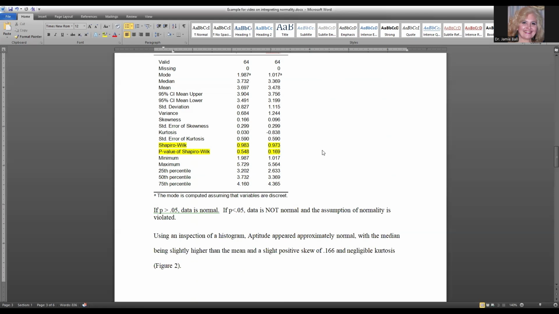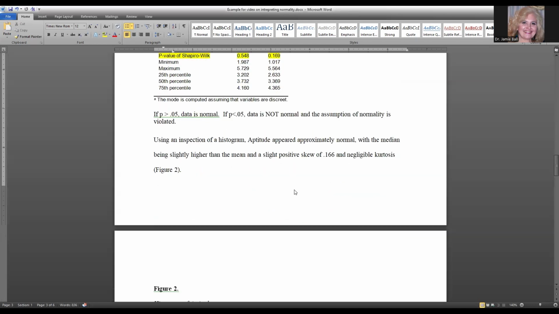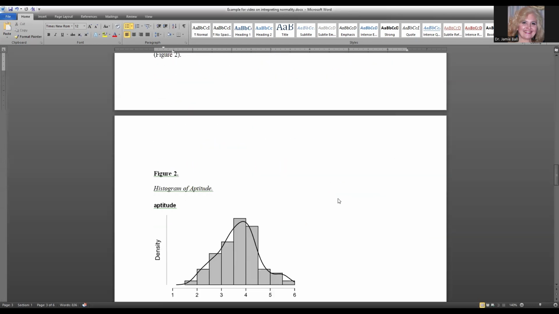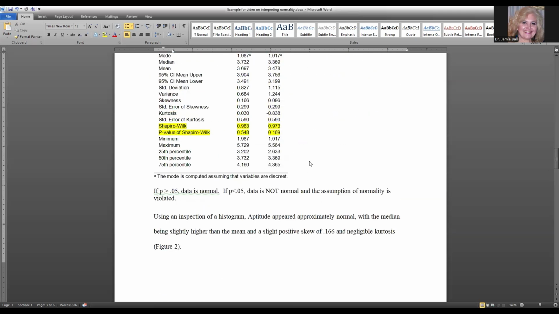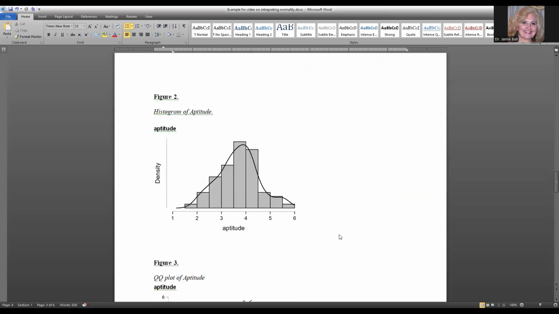Now, I also want to show you how to check using a histogram or other graphs. So we're going to do this on aptitude. Now, we already know that aptitude is normally distributed, but I want to talk for a minute about interpreting it and how I might report that. Okay, so I can go to JASP and I can order my histogram. And remember,